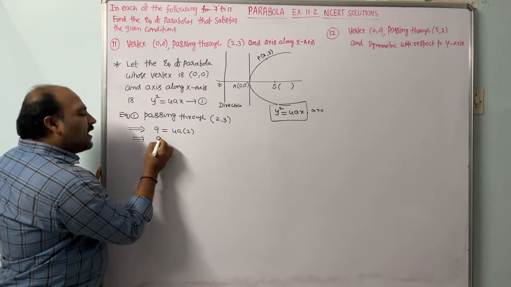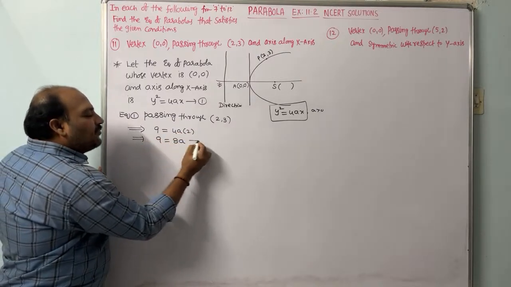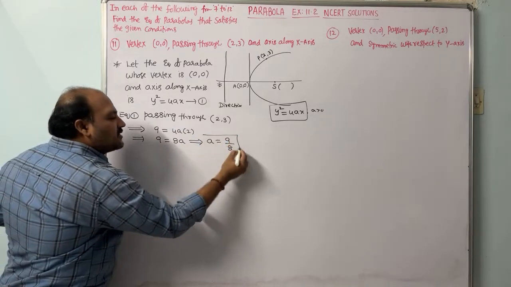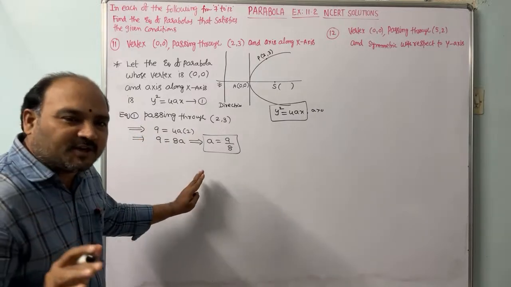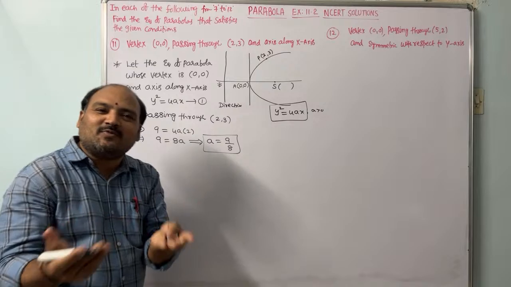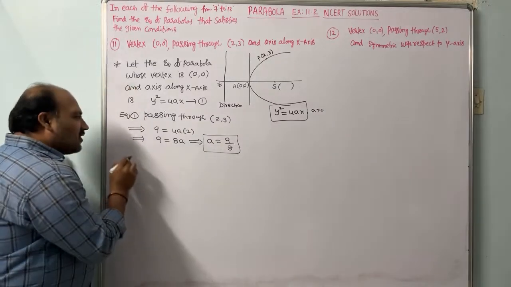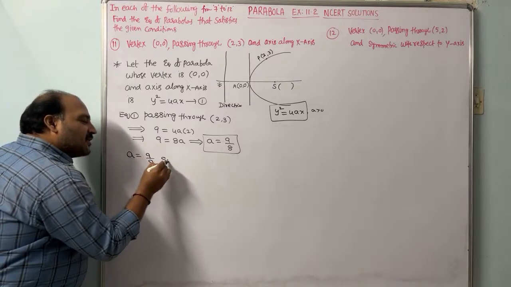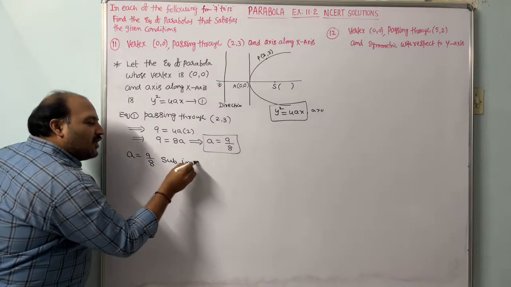That implies 9 equal to 8a. That implies a is equal to 9 by 8. Okay, dear students? I hope everyone understands. This a value you have to substitute in this equation, we can get the answer. a equal to 9 by 8, substitute in equation 1. We get